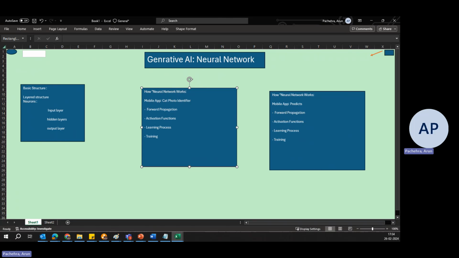This process allows the network to handle complex patterns, like recognizing a cat in various poses or lighting conditions, right? If you remember the mobile app that we had that predicts, neurons were getting activated, or used an activation function to decide whether or how much to activate.